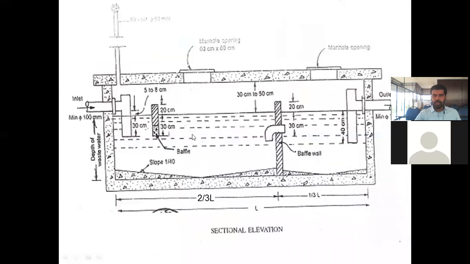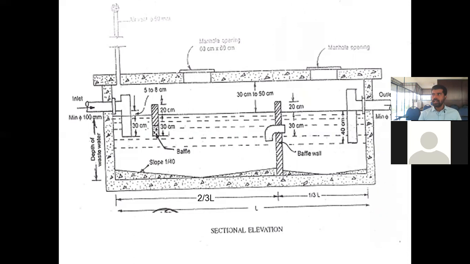Now this is the plan view. This is the plan view of a septic tank, and when we get a project, we have to show the septic tank also. We have to show the septic tank size, the section view as well as the plan view. So in the last project implementation class, I will show you about the section view also. So we have to give different drawings.